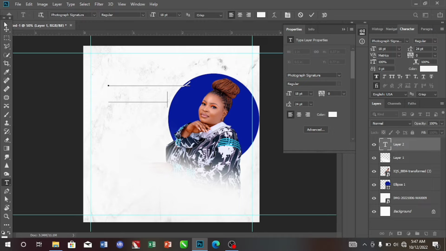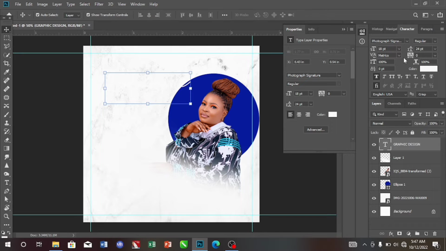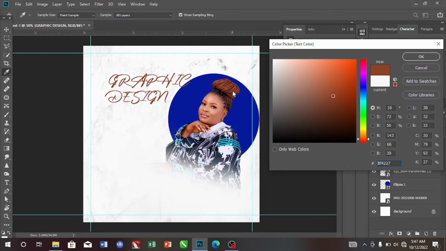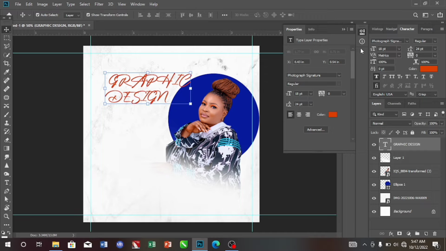The reason why you can't see the text is because it has the same color as the background. So let's change the color of the text. Let's make it this color. No, yeah, I think this is better. You click on OK. So the next thing we are going to do is the font that is showing here,